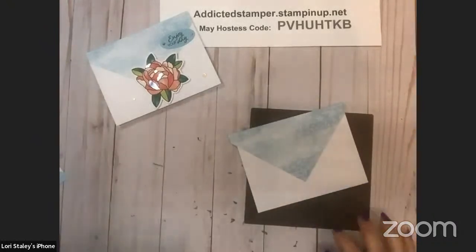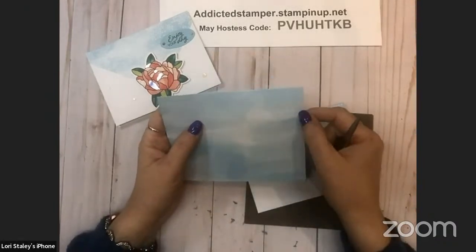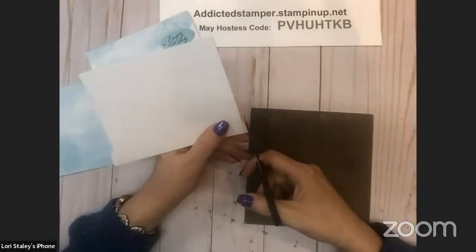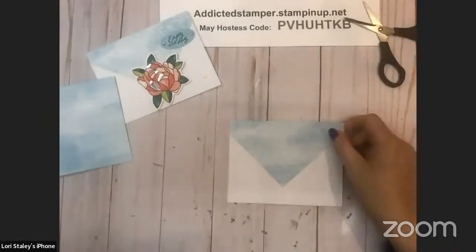You could absolutely use this, leave a little bit more, cut it a little bit lower onto the envelope, and then use the fold to wrap it around and do the envelope fold. But I just did the faux today. Okay. So just like that,